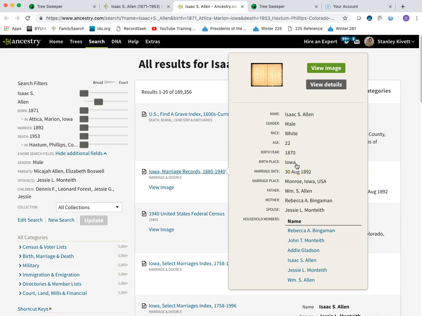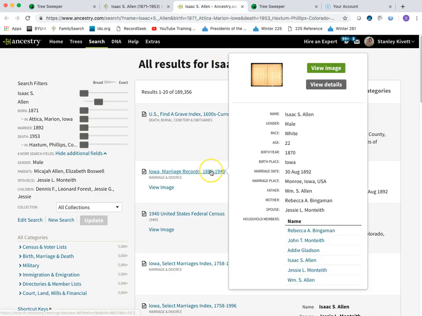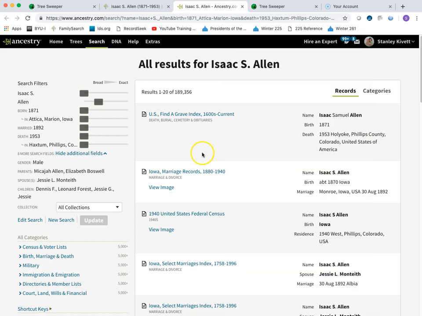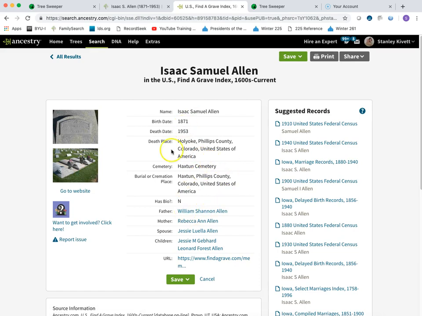place is right. And then the marriage date, 30 August 92. And when you look down here, 30 August 92. So this is the right marriage record for Isaac. And you'll notice that the mother and the father are, again, Rebecca A. Bingaman and William S. Allen. So that we now know who the parents are, and I can go ahead and click on this Find a Grave,